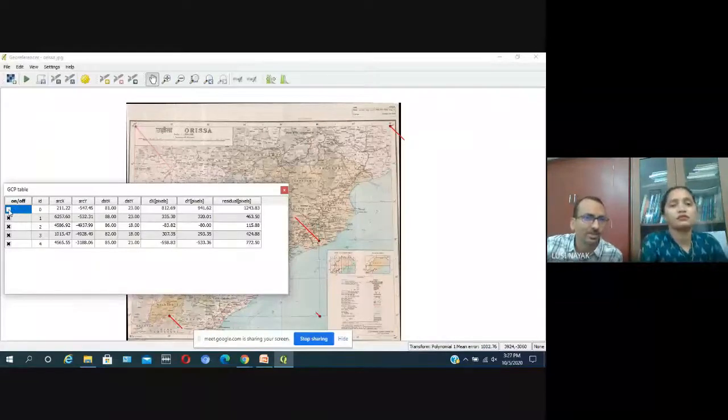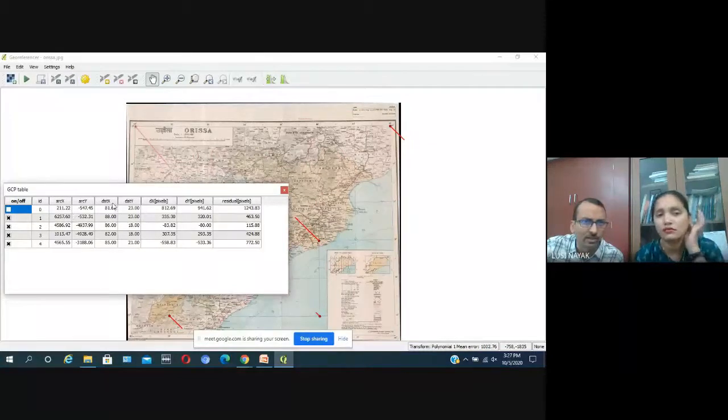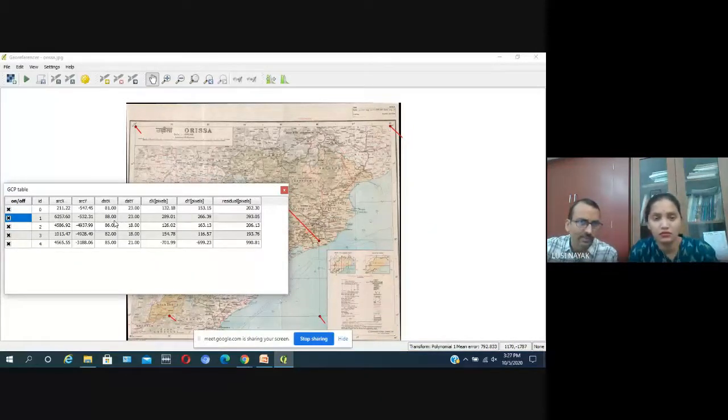So see, as I was telling, when we are switching on and switching off, you are very much able to see which point I have selected. So 0 means this point. Just check whether the value is okay or not. This is 81° longitude and 23° latitude. Okay, this is fine. Then point 1, the right top corner. When I switch off, this is faded. Is it correct? 88° and 23°. Yes, this is correct.